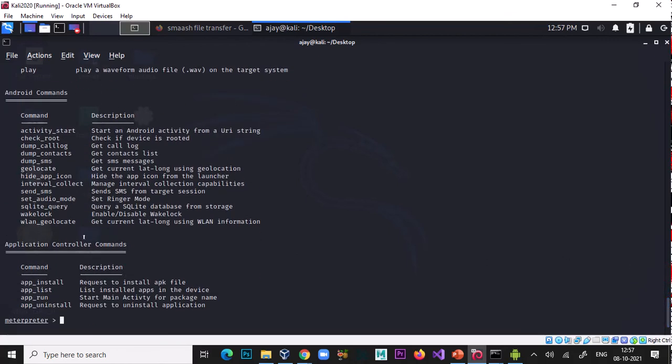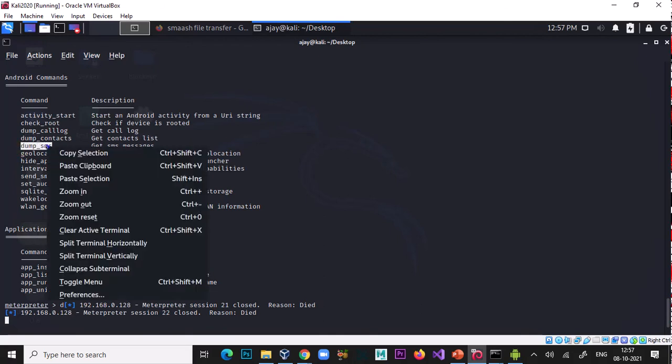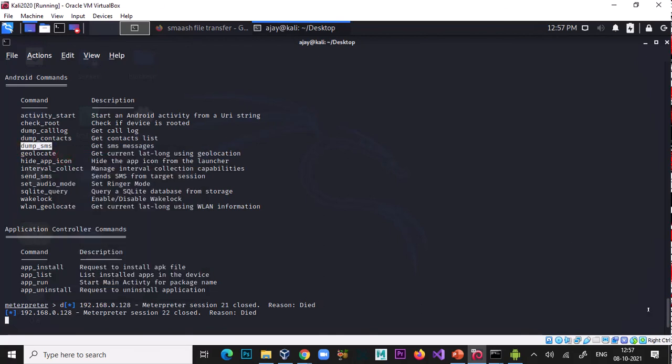So just type dump_sms. Today there are lots of problems in the network, or we can say in the operating system. That's why.